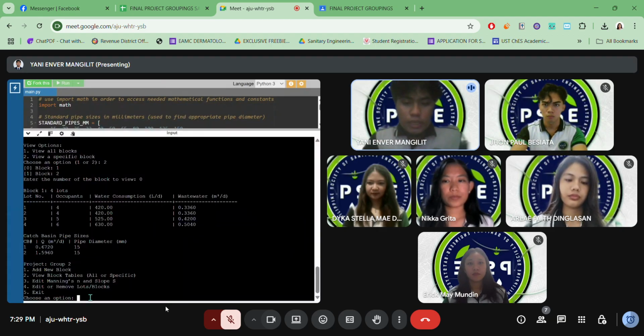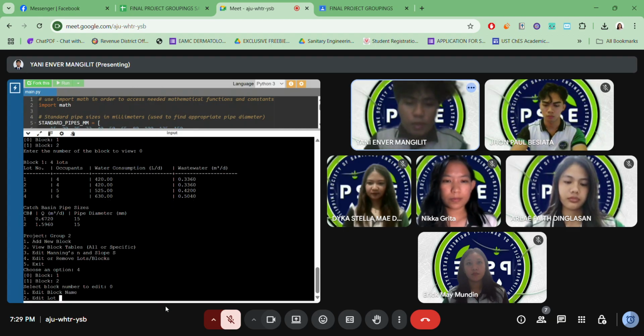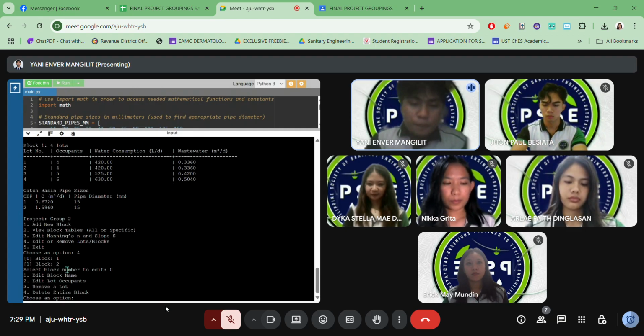Then if you want to edit or remove lots or blocks, then you will choose option number 4. Then it will show you the blocks available. Then if you press block 1, it will show you another menu which will have edit block name, edit lot occupants, remove a lot or delete an entire block.